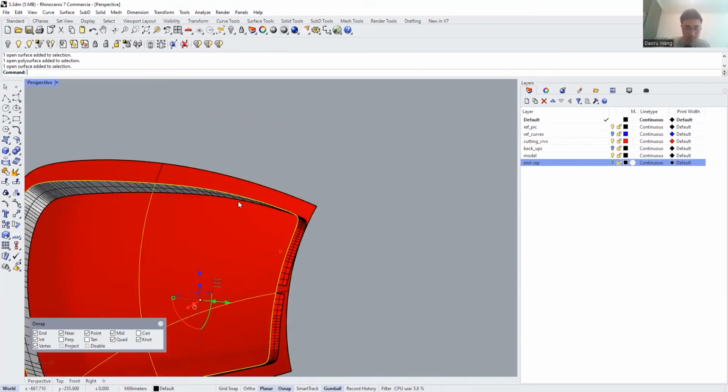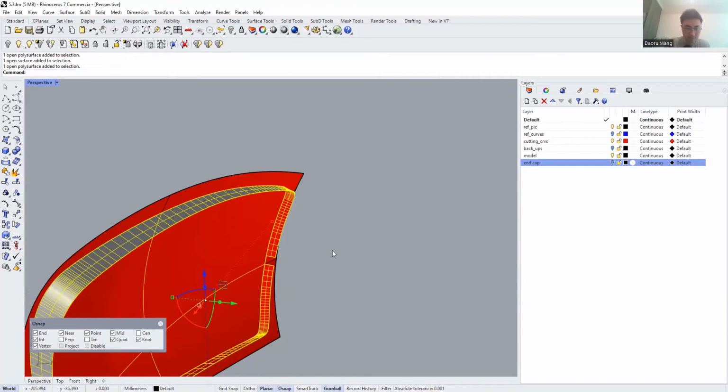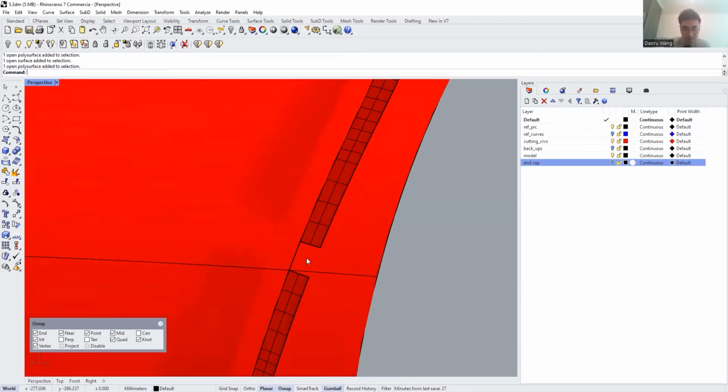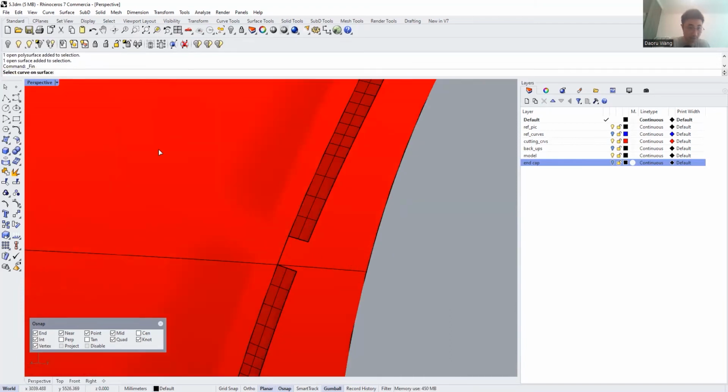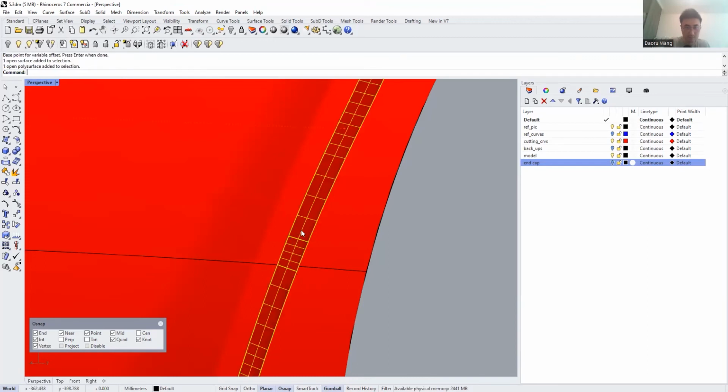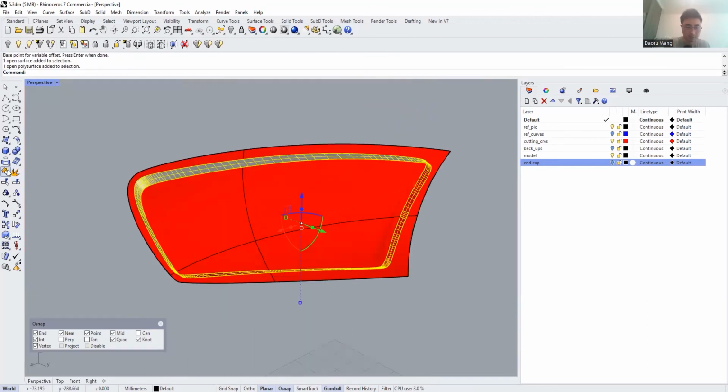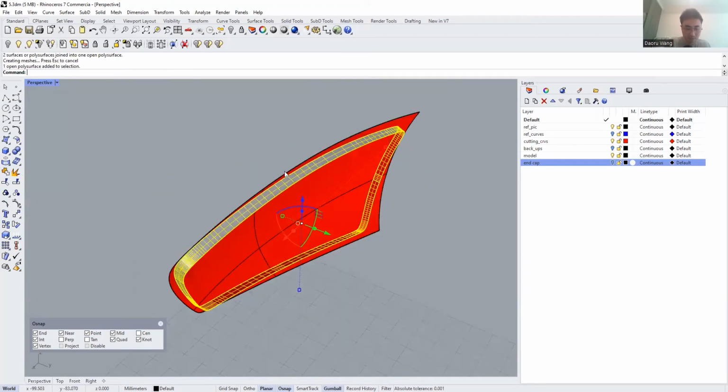So I'll join them together. Oh, this part was not successfully extruded, maybe because it actually has a breaking point here. Let's solve that problem by repeating this process. Curve, and select curve, base, hit enter. Okay, so perfect. So I'm going to join them together, copy, paste,